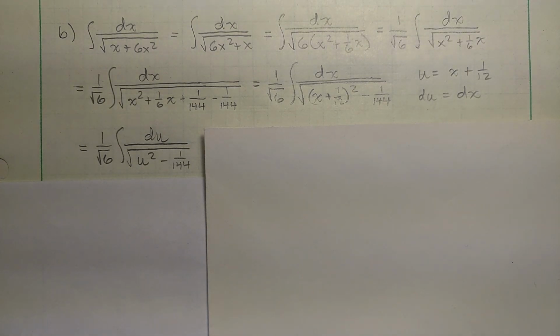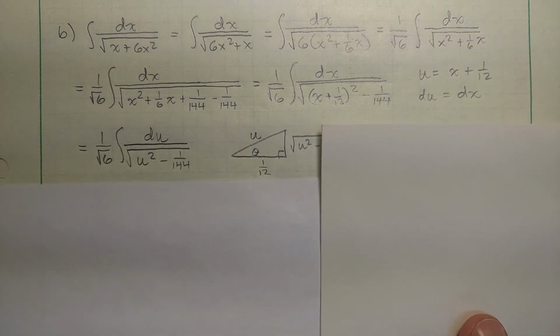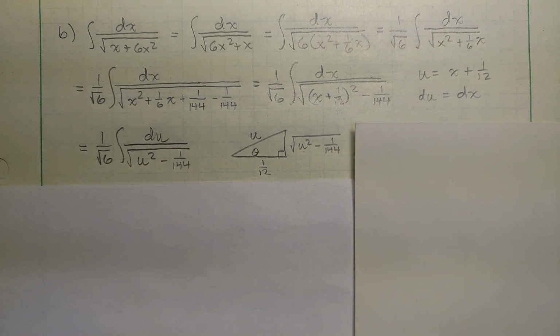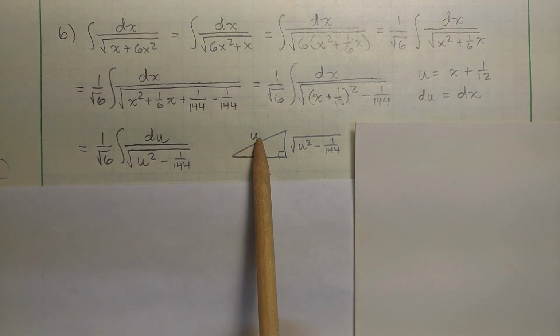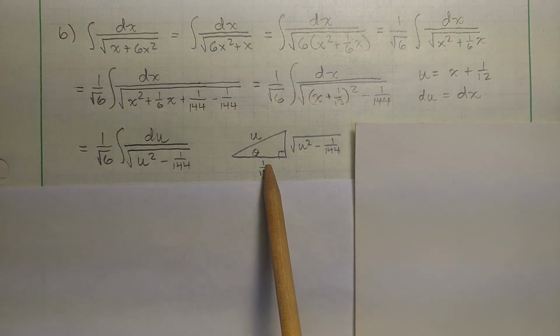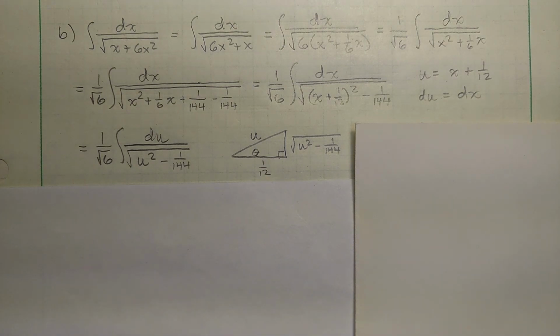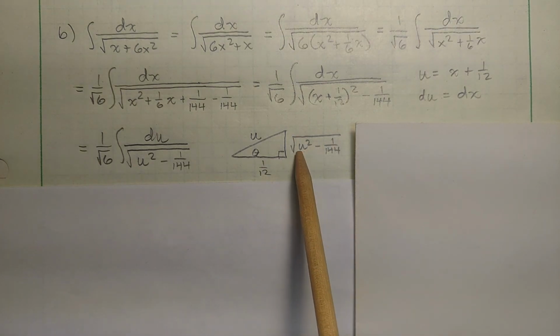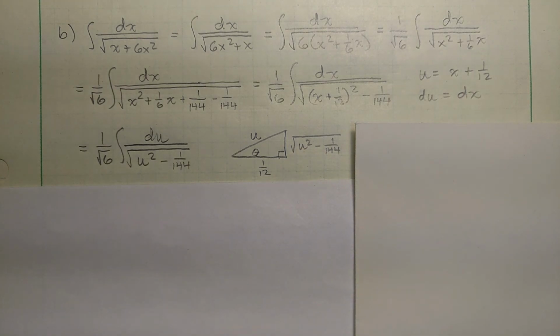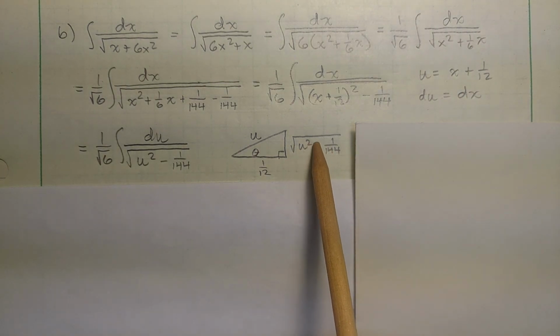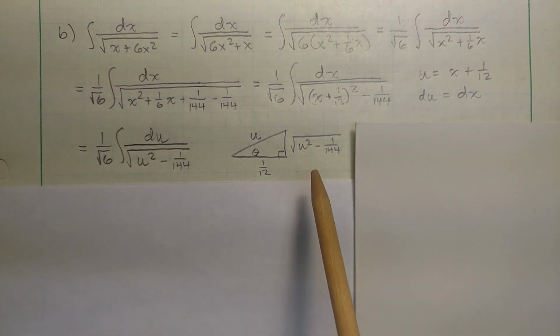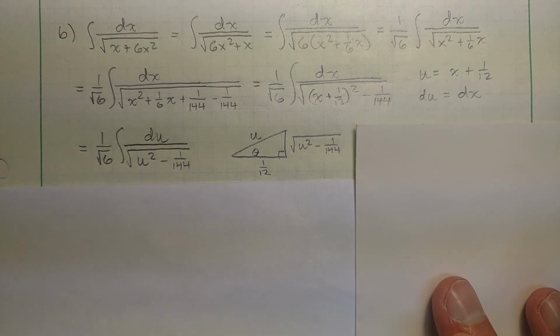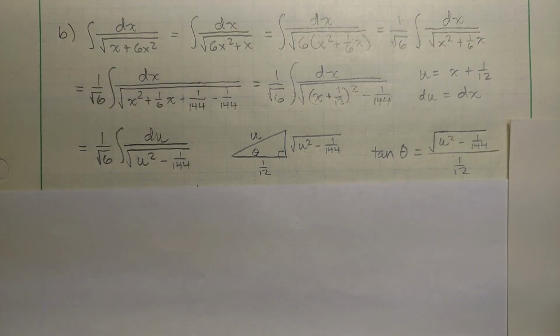So from right here, this is not one of our special forms, so we build our triangle. Notice the u, since it's u squared minus the 1 over 144, has to be the hypotenuse. I make my constant side here the adjacent, and then that makes this radical expression the opposite. Now the first thing I need to do is replace this, so I'll solve for this. I want to compare this with the constant, so I know that would be the tangent here. So the tangent of theta is equal to